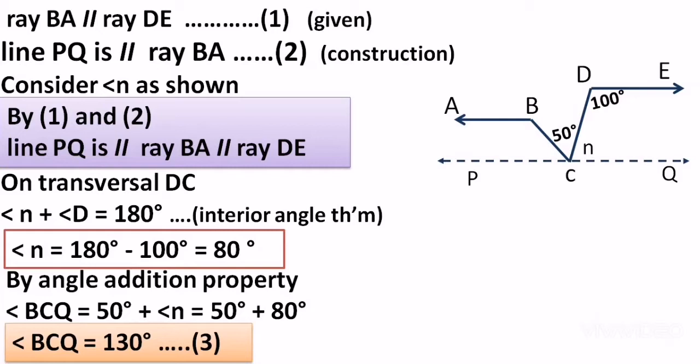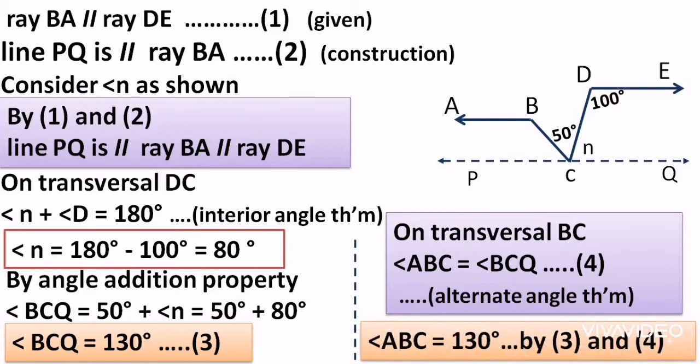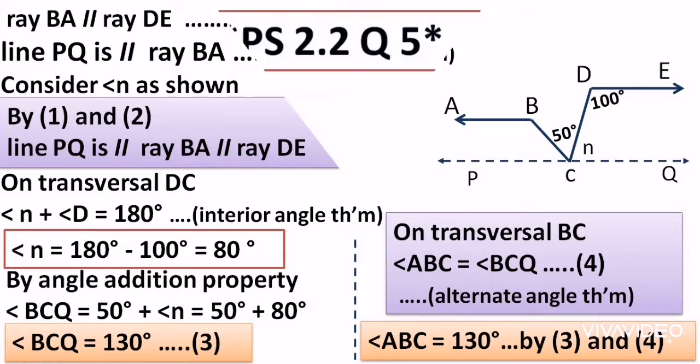Okay, so we have almost completed the sum, because now if you observe the diagram, this angle BCQ is nothing but the alternate angle considering the angle ABC, right? Because on transversal BC, angle ABC and angle BCQ are nothing but alternate angles by the alternate angle theorem, right? And that is why their measurements will be equal, and that makes it, if BCQ is 130 degrees, then ultimately angle ABC is also 130 degrees, and this is how we have found what we were supposed to find, okay? So let's move on with the next sum.